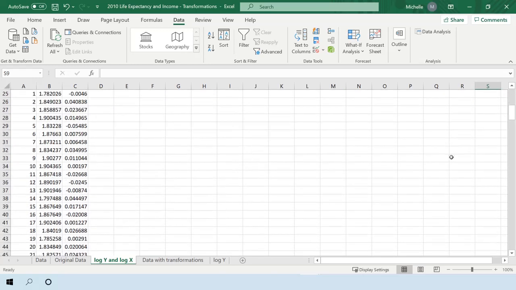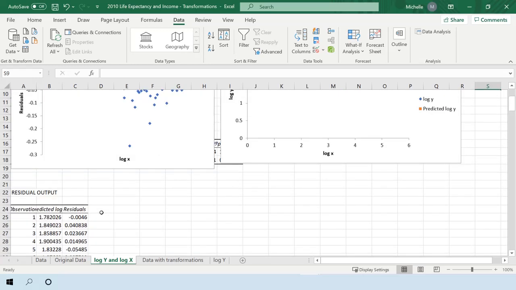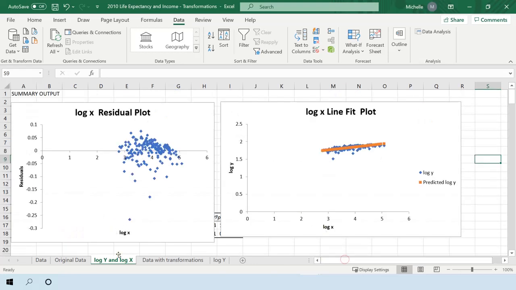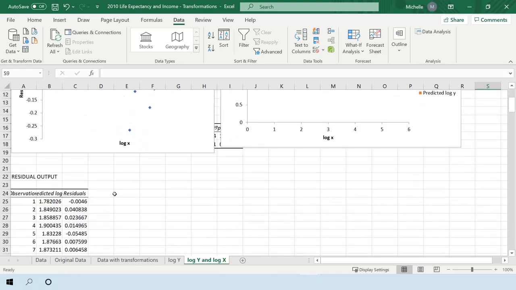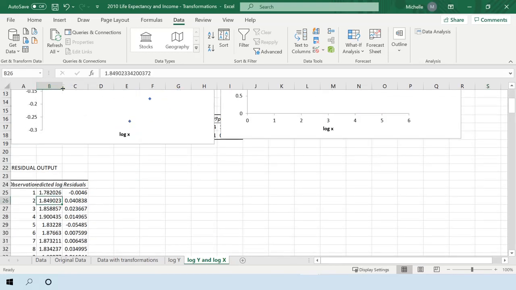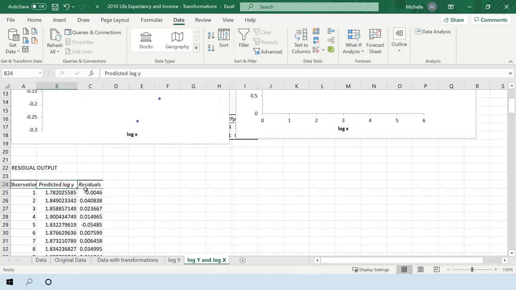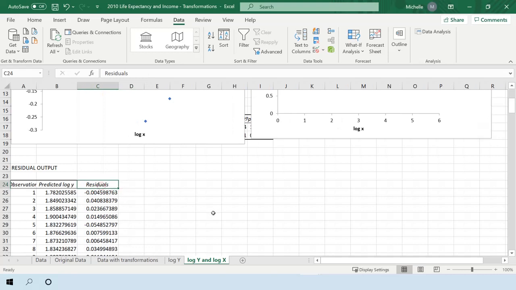And I could do my normal probability plot and see how that's doing as well. If I wanted to do that, I would go down here. We have the predicted log value, and then we also have the residuals. So if I wanted to do a normal probability plot with these residuals, the first thing I would do is find the semi-studentized residuals, and that's going to equal your residual divided by,